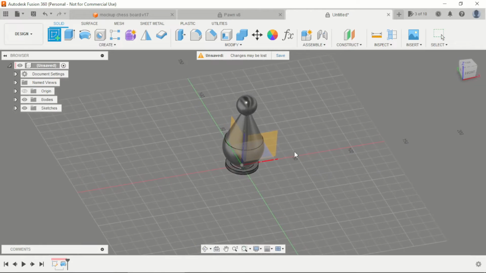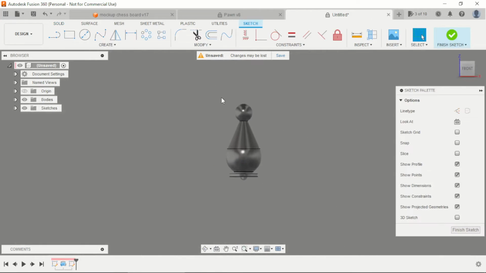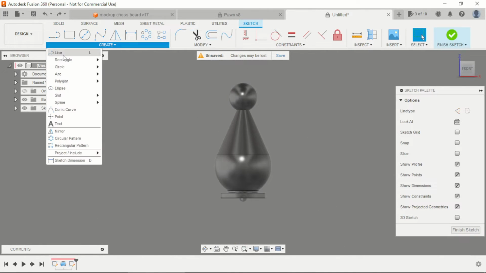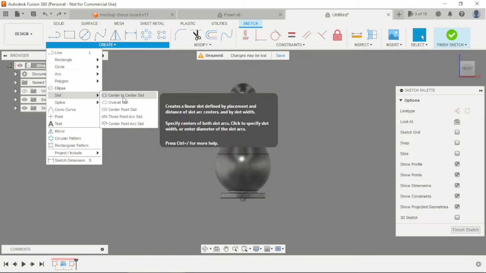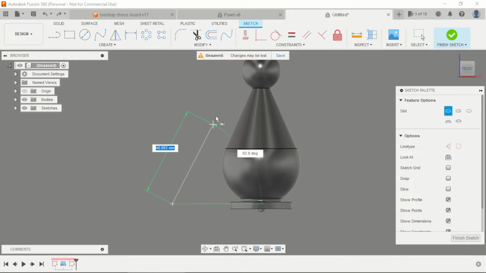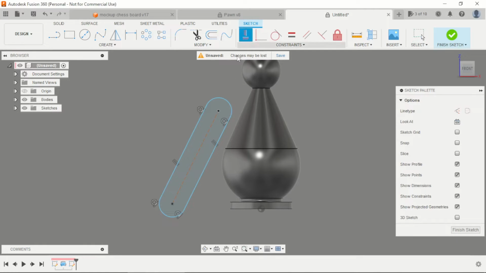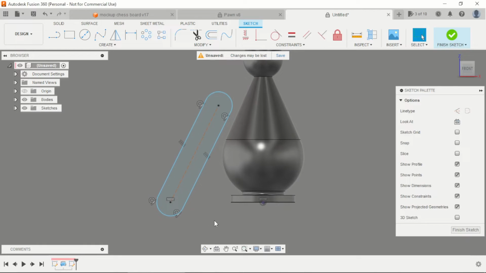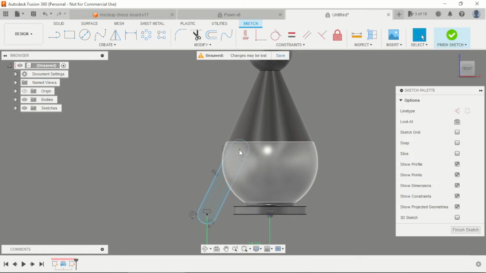We can select a plane inside the part. We can select the slot by the center, here and here. That's okay. Create a constraint horizontally. The distance between is 34 millimeters.